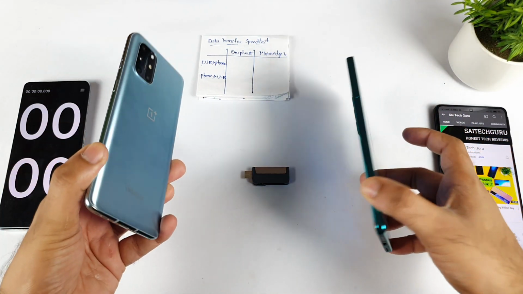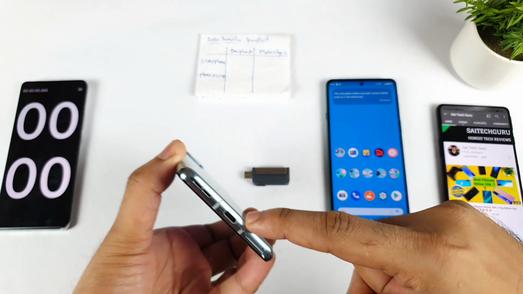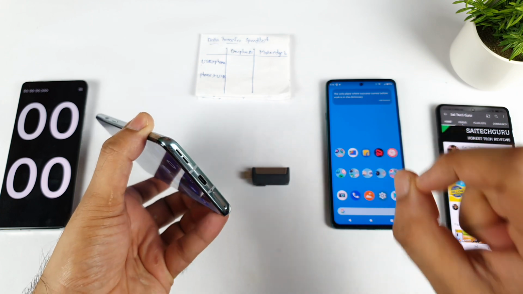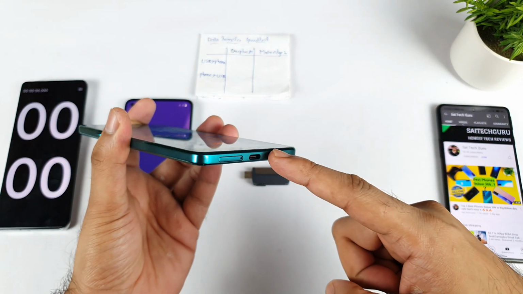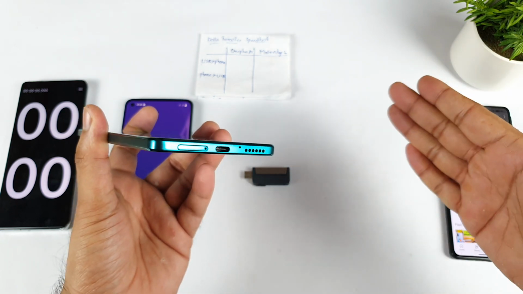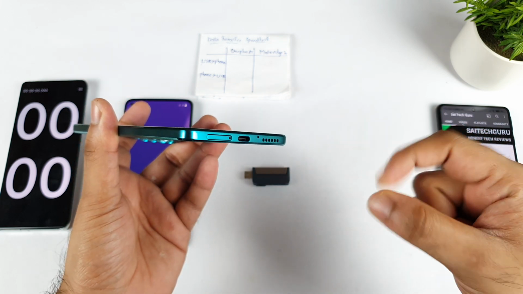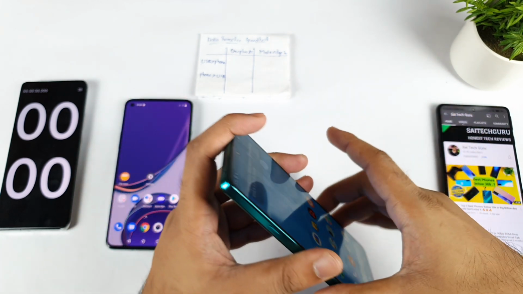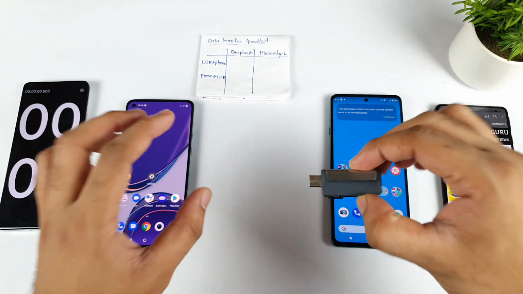The main reason why I'm comparing with this OnePlus 8T is that the OnePlus 8T has got the Type-C port, which is third generation 3.1 Type-C. Whereas the Moto H20 has got the second generation only, which is old generation, which is quite common in the mid-range segment and most of the mobile phones as well. This is a second generation Type-C port. So there's a huge difference between Type-C's 2.0 version versus Type-C 3.1 version. So in this test, this makes a lot of difference as well.